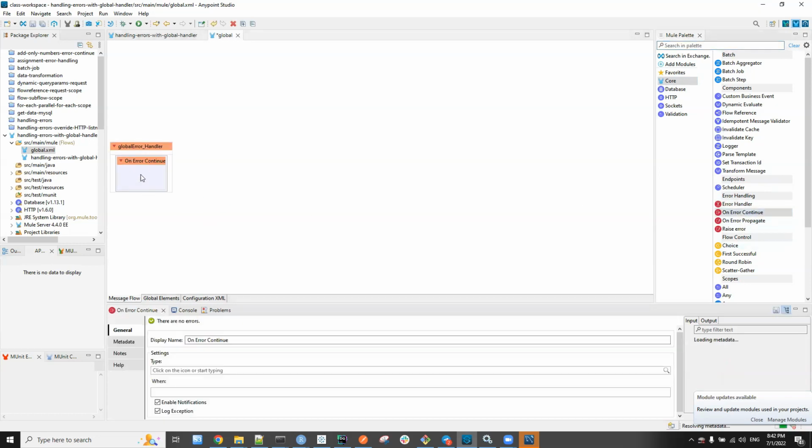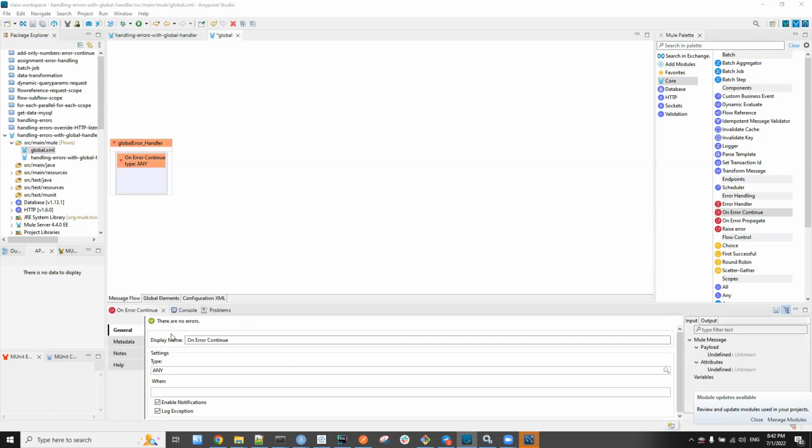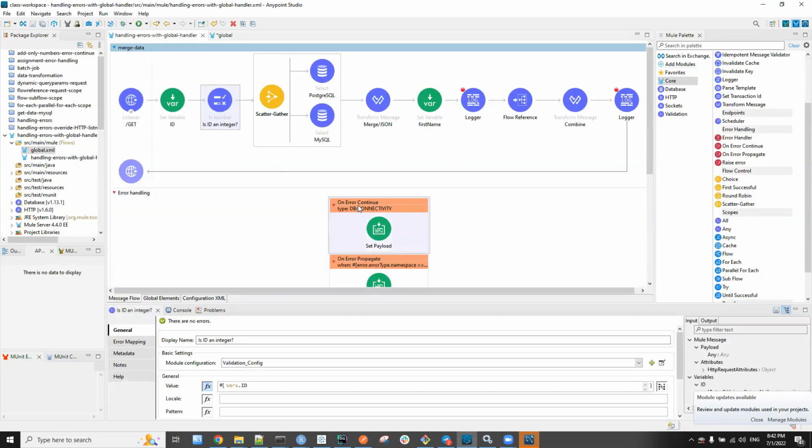So I added this on error continue, and in here, if you try to search different types of errors that you have in this application, it doesn't show you the error types. It shows you only the default ones, which is expression and stream maximum size exceeded. By default it will be any in this case. If you want to handle different types of errors differently, you go here and copy the errors from here.